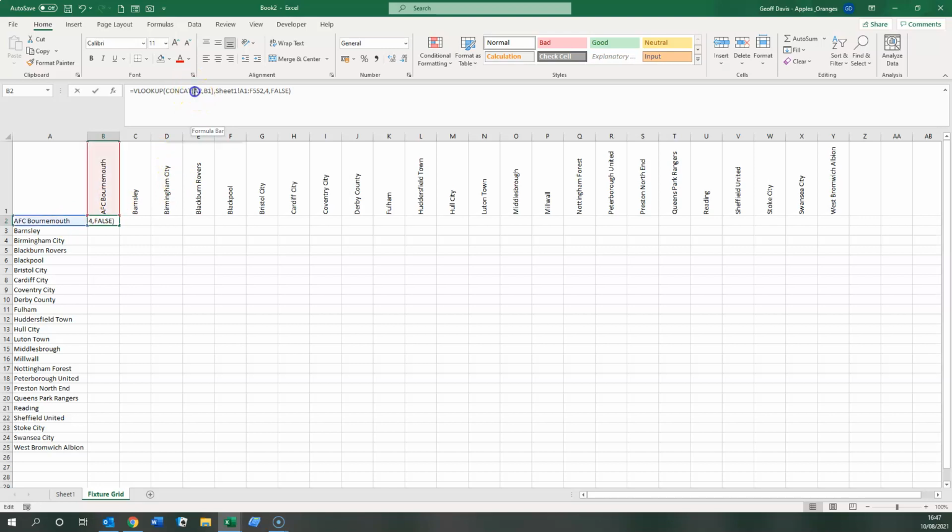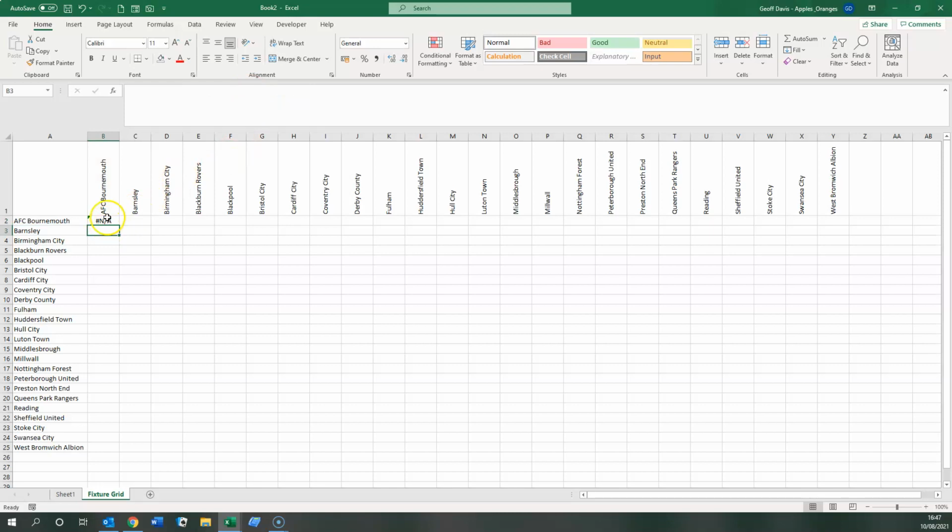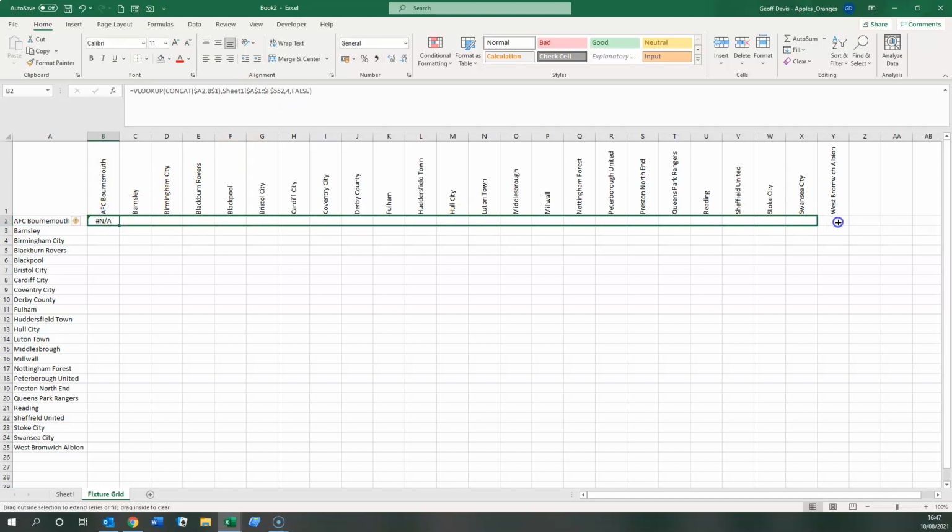So we want to keep the A consistent, but not the 2. And we want to keep the B variable, but the 1 will remain unchanged. If I press the right key, it might help. And then this entire range wants to remain unchanged. And so if we copy and paste that along now, just over here,